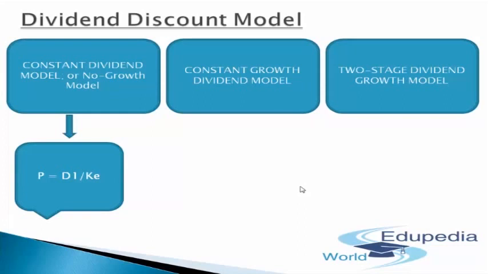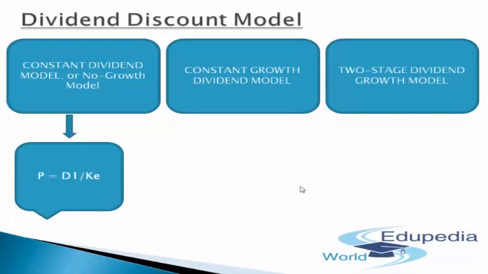In comparison with that, the second one comes into the picture as the constant growth dividend model. So this is a model wherein you will be receiving growth each year with time. So at year 1, if the dividend amount is rupees 2, next year it will increase by 10%, then 10%, then 10%, then 10%. Remember guys, why I am saying 10%, 10%, 10% and 10%, because here the growth is constant. The growth is not fluctuating year to year depending upon the profits or the atmosphere of the economy or anything like that.